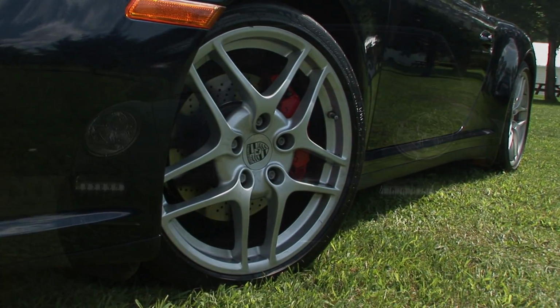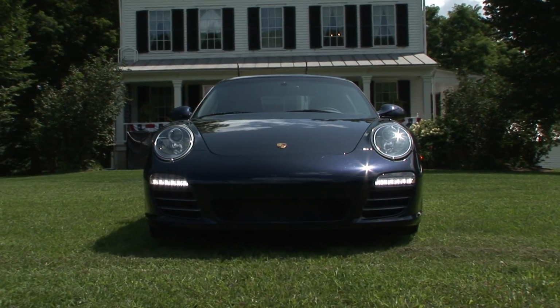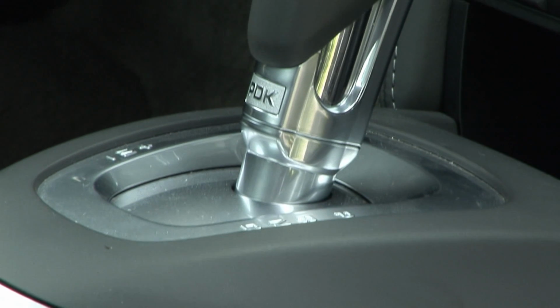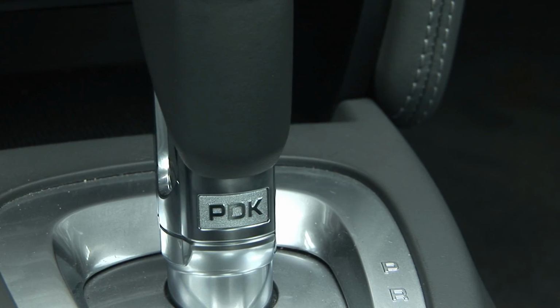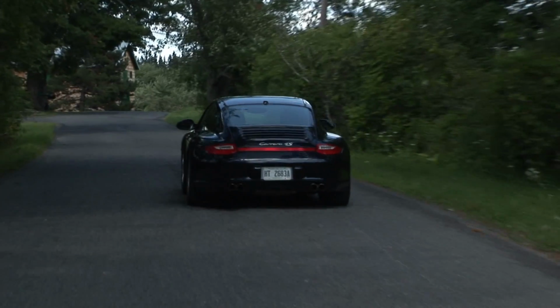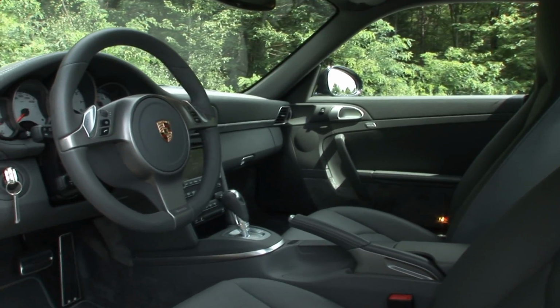Though visual distinctions between this car and previous generation models are subtle, there is one glowing difference: these LED driving lights, made popular on recent Audi models. But the most notable tech note on this car is the availability of Porsche's new Doppelkupplung, referred to as PDK. At an added cost of $4,080, this 7-speed dual-clutch automated manual replaces the previously available 5-speed Tiptronic S, and it's